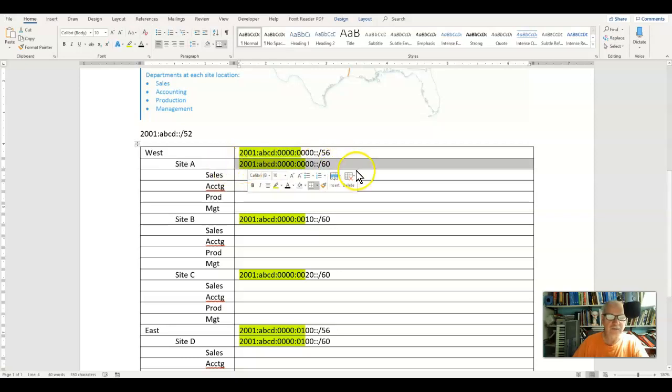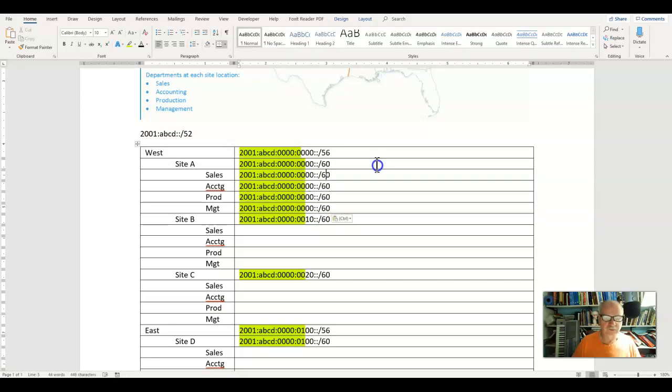So let's copy this address 4 times. Except now I'm going to move all of these out another digit. Like that. And these will all become 64s.